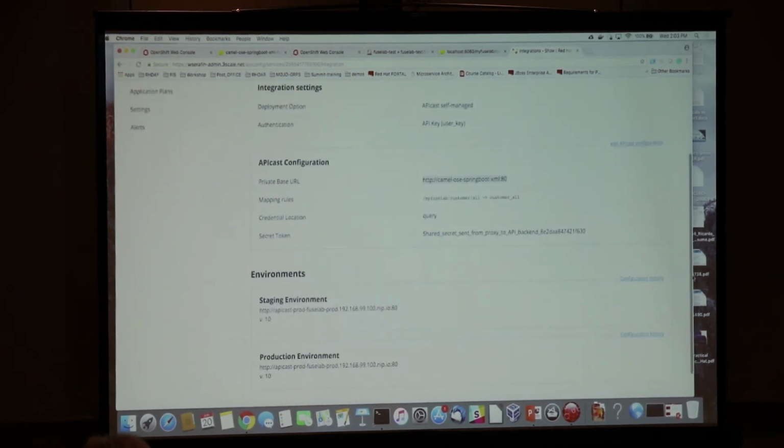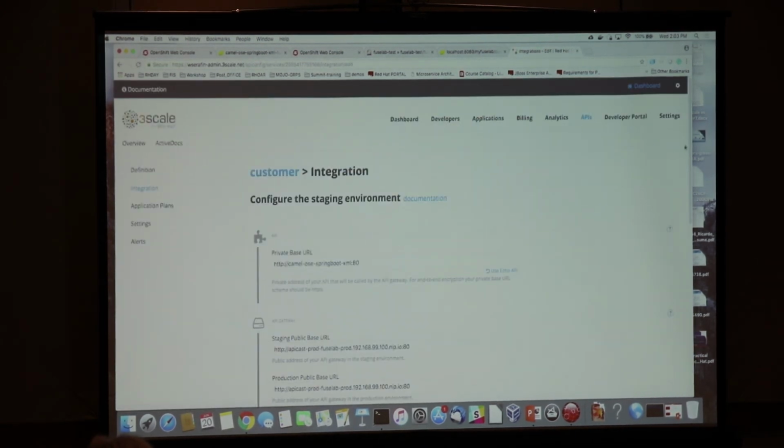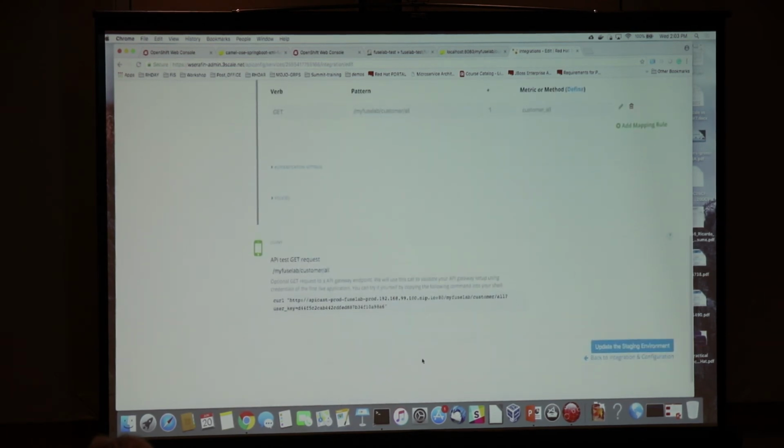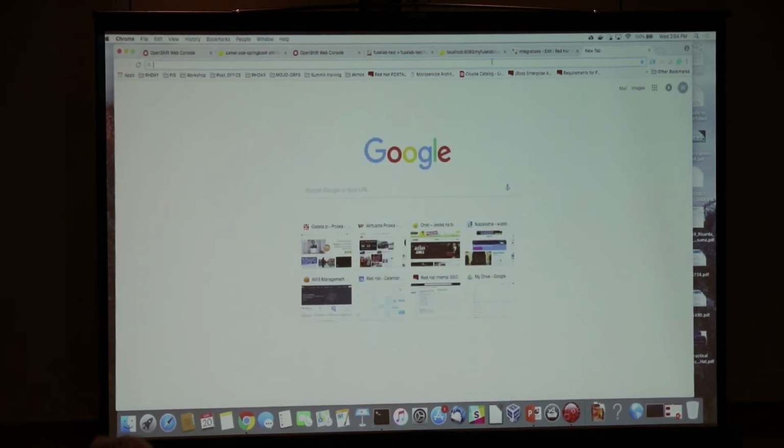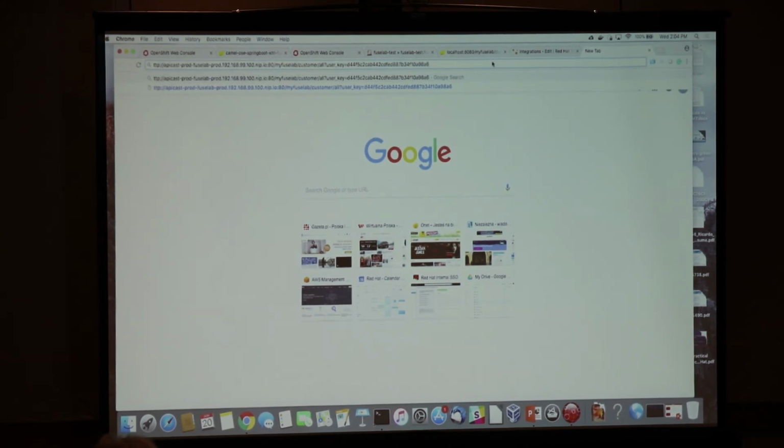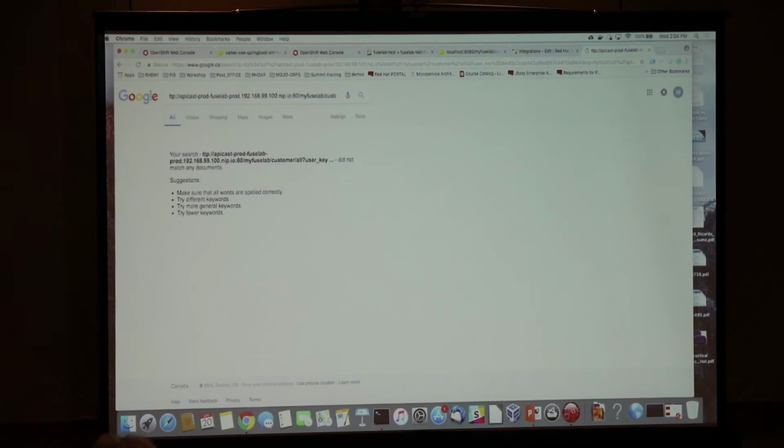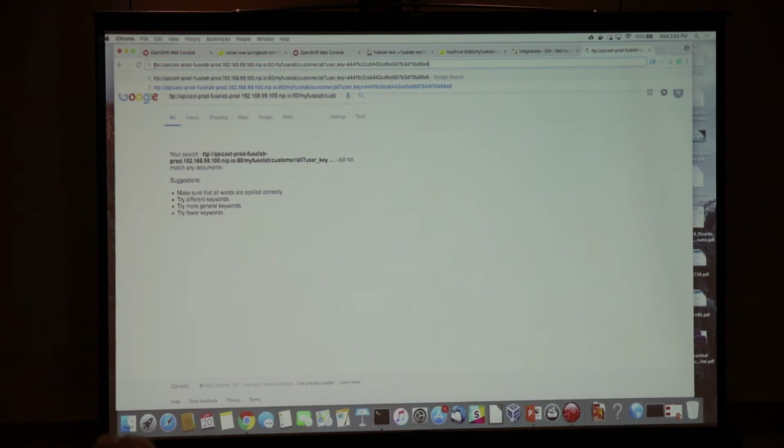And this one is basically the key that I've issued for myself to have access to bypass security. So now I have to hit the API not only with the RESTful path, but provide a